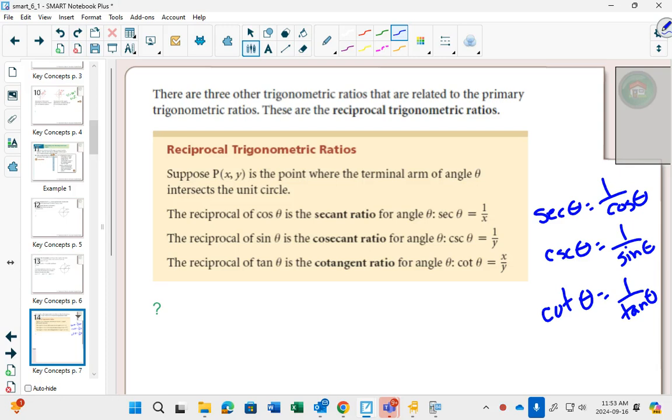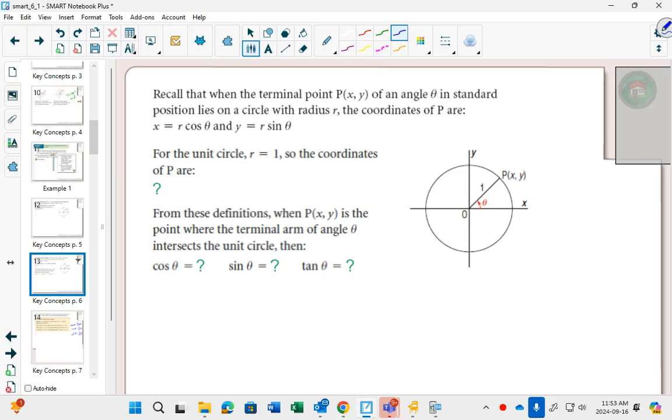Is it going to mess you up that secant goes with cosine and cosecant does not go with cosine? Cosecant goes with sine. Oh my goodness. Is that going to mess you up? Yes. So you somehow have to remember that cosine goes with secant, and cosecant goes with sine. And now I'm going to get you to turn back to the last page right before this,